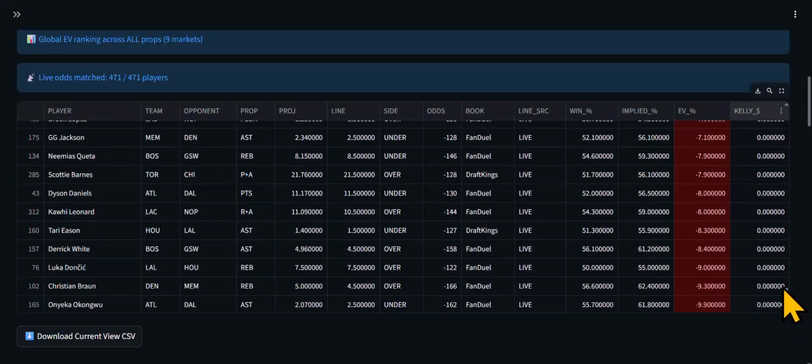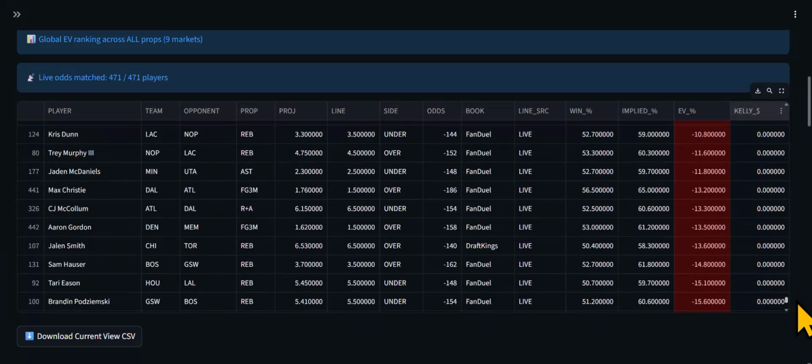All right, see that value? Look, these are all non-EV plays, negative EV. What I have noticed is negative EV plays have a higher win implied probability. All right, so for example, you know how our lines are crazy. Our projection is 6.53, the actual line is 6.50. Our projection here is 3.7, the line is 3.50. Our projection is 5.4,